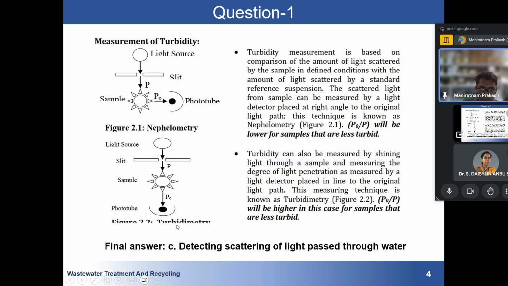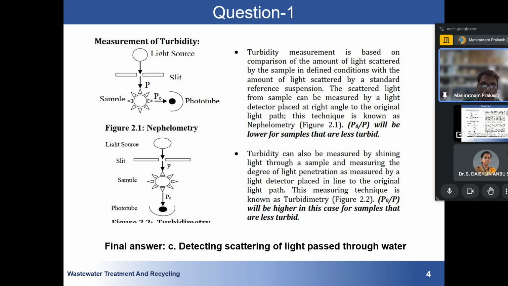Remember, the basic difference between these instruments is where the detector is kept. If the detector is placed at a 90 degree angle to the path of scattering,